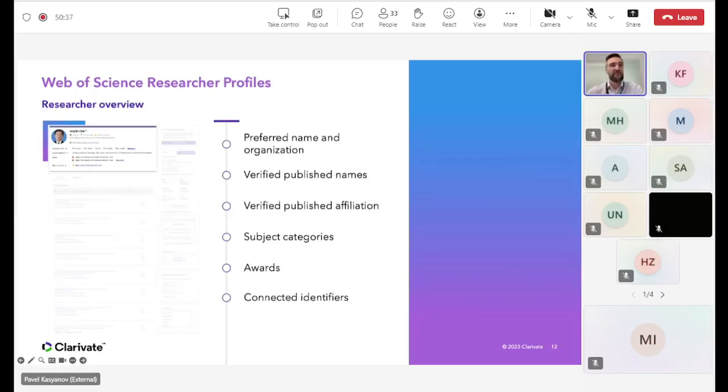So let's take a closer look at the profile itself. Starting at the top, claiming a profile enables the researcher to personalize the display of elements about themselves, such as, first of all, their preferred name, and that's really important, specifically for somebody who might have changed their name during their career. It's also your organizational history, because today you're working in UTHM, tomorrow you might go to Harvard University